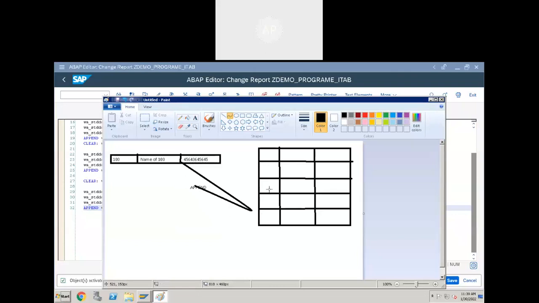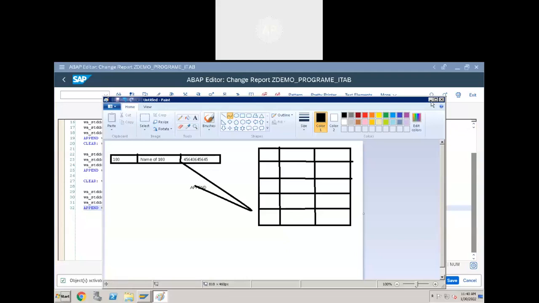So what will append do? Append will add one record to the internal table at the end, at the bottom. Is it clear? This is clear or not? Please respond.